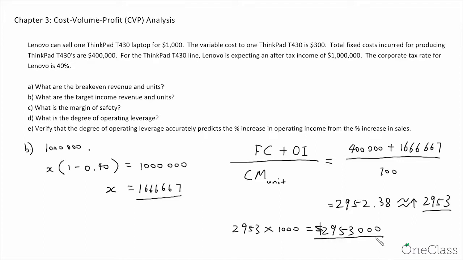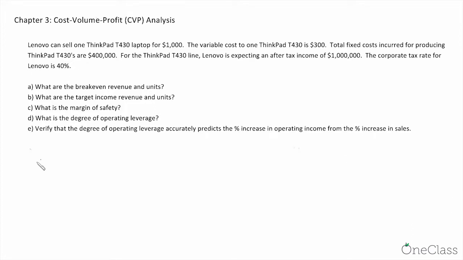revenue. Now question C asks, what is the margin of safety? Remember, in the concept section, I said that the margin of safety is the actual or expected revenue minus the break-even revenue. So in this case, the target operating income revenue, which is our expected revenue, minus the break-even revenue equals